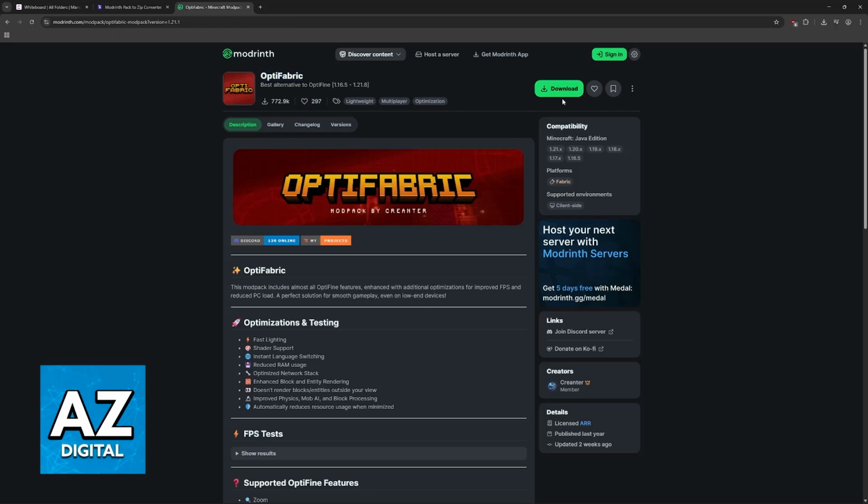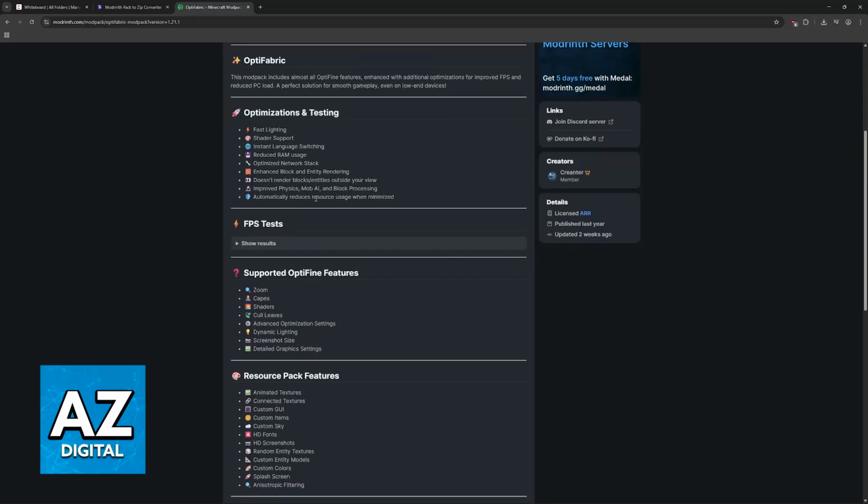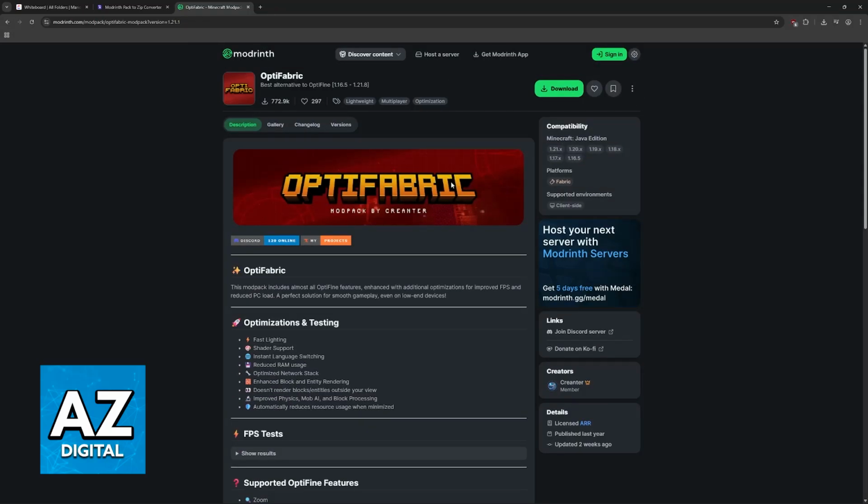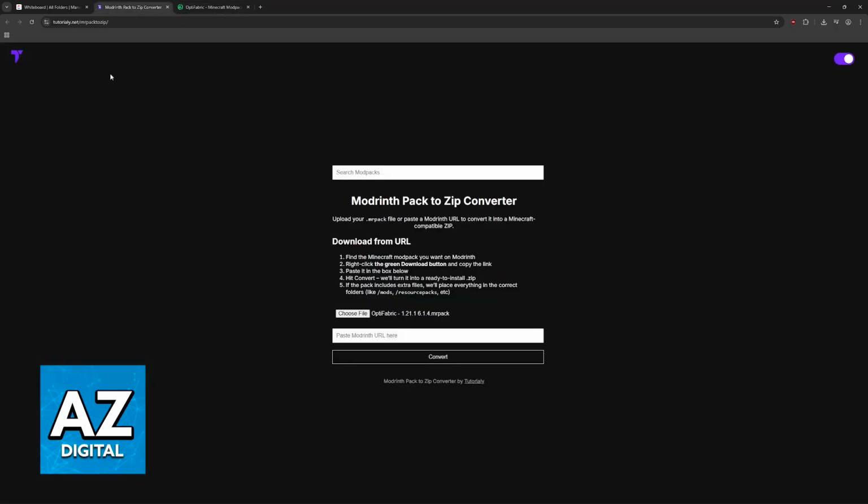Now click on download. What you will notice, however, is that when you download this, it isn't going to be a standard file that you can just drop inside of the mods folder. This is supposed to be a mod pack. So what we have to do is first convert it from the format here into a file that we can use. To do this, go to this website,